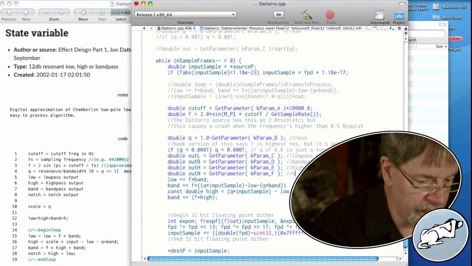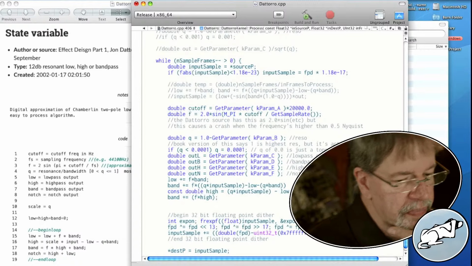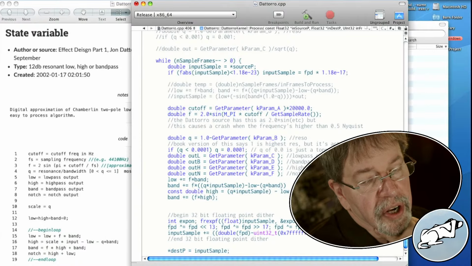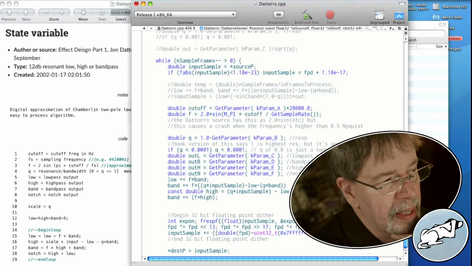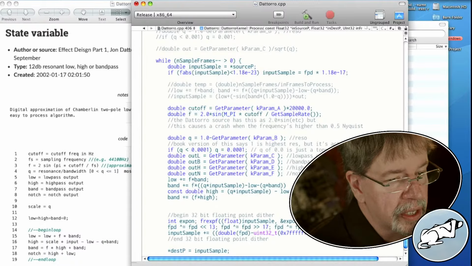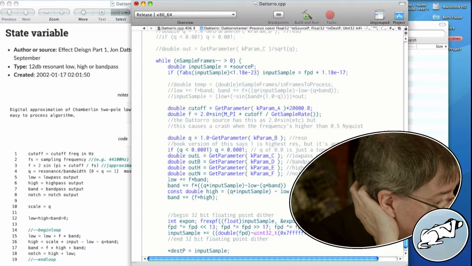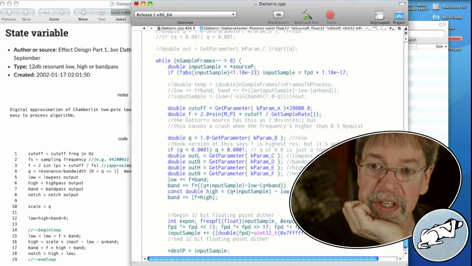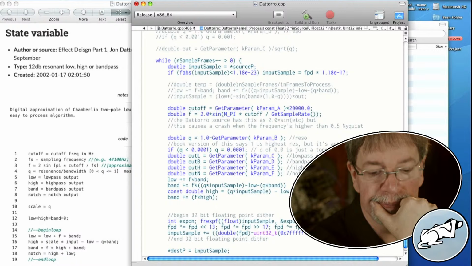And notch output. So this is not as effective a notch output as a biquad notch, because a biquad is able to be pretty accurate around some of these things. You can tell it what it's supposed to be and it'll do that thing. This might not be like that. On the other hand,